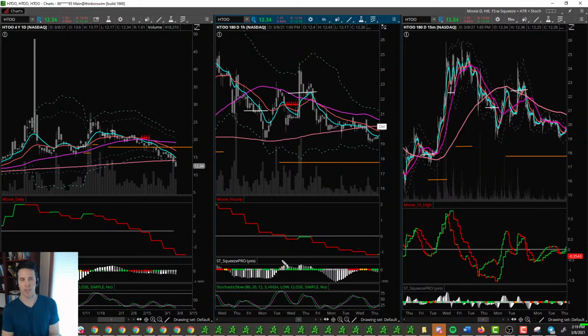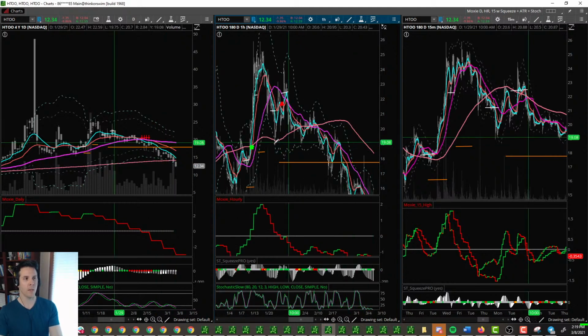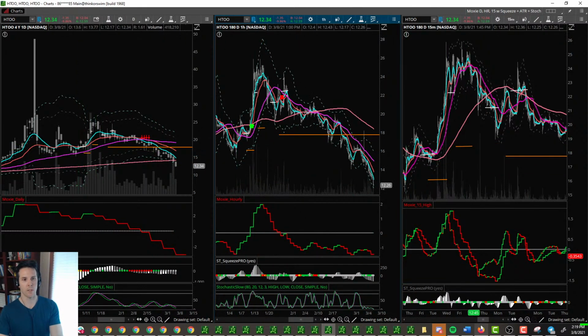So I should have set my stop tighter. I probably should have never gotten into it in the first place, because it just wasn't working the way that I wanted and fulfilling my rules. But I was a little antsy to get into this thing because the rest of the market was really going. I thought this was going to be another big winner. So, of course, I wanted to show some good numbers. And it just didn't work out. What happened was this thing just kept melting down. I had my stop. Let me readjust everything here.